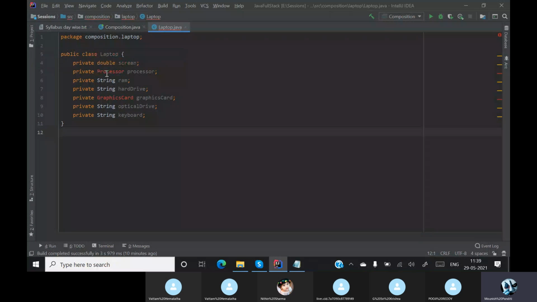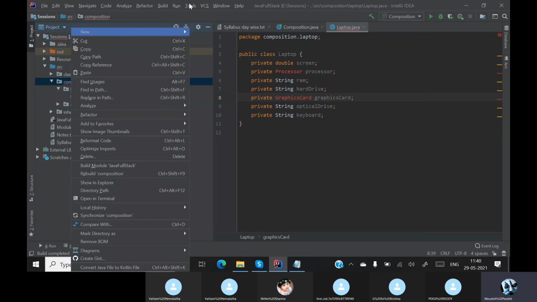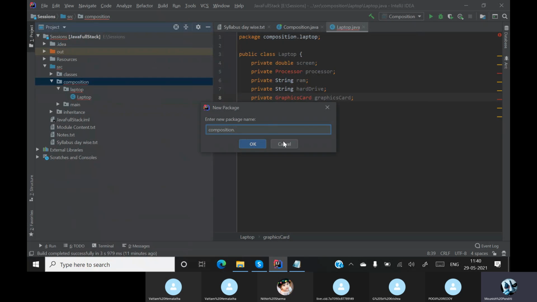See, now there is an error on processor and there is an error on graphics card. Okay, so this processor is a different class because again processor is having many components in it, and this graphic card is also having many components in it. So I'll simply create a package in the composition called laptop components.